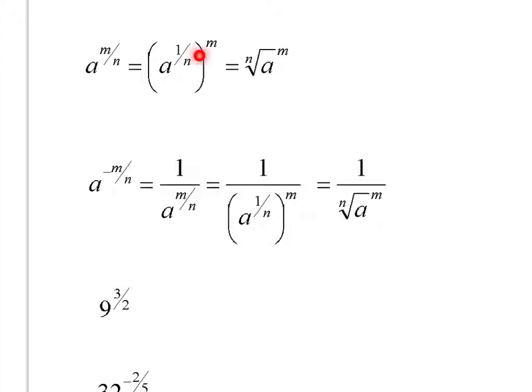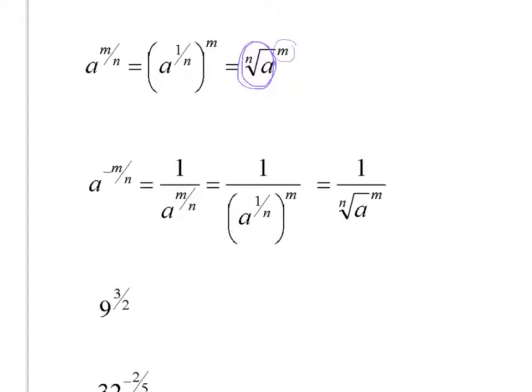Well, if you remember, if you have an exponent to another exponent, you multiply those exponents. So if I had 1 over n to the mth, I would multiply these. Now that m is m over 1. So 1 times m is m, and n times 1 is n. So basically, the n on the bottom is giving me the nth root, and then I'm still raising it to the